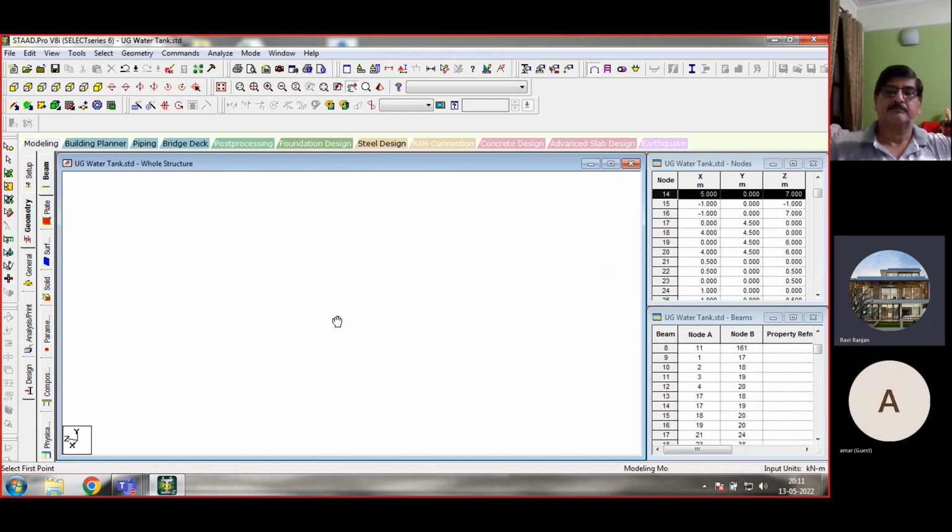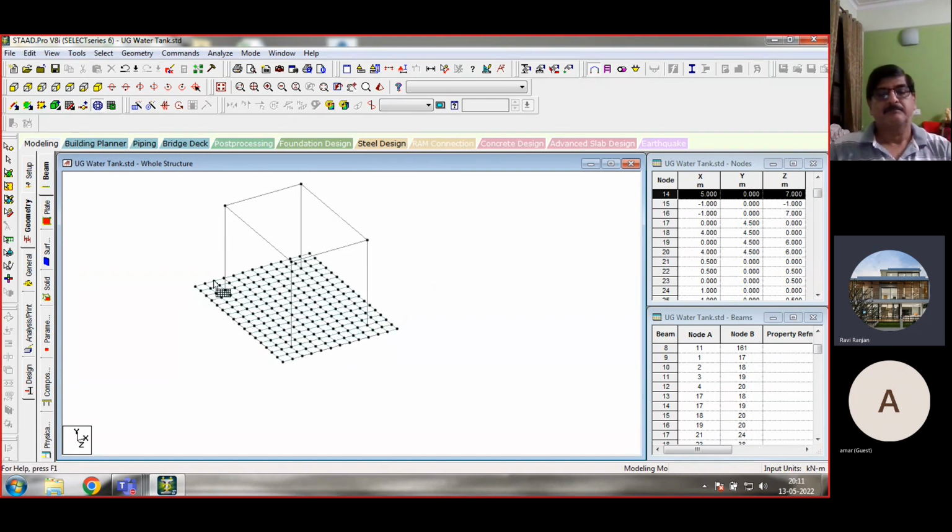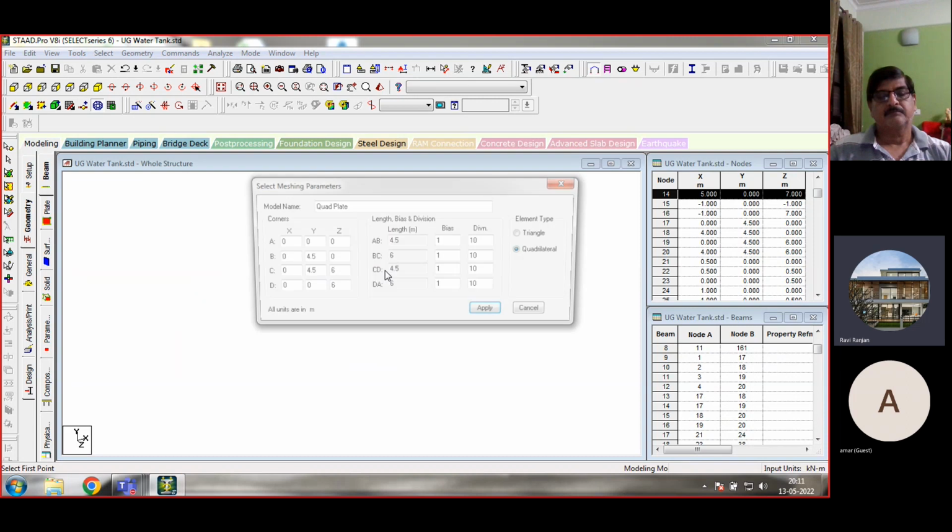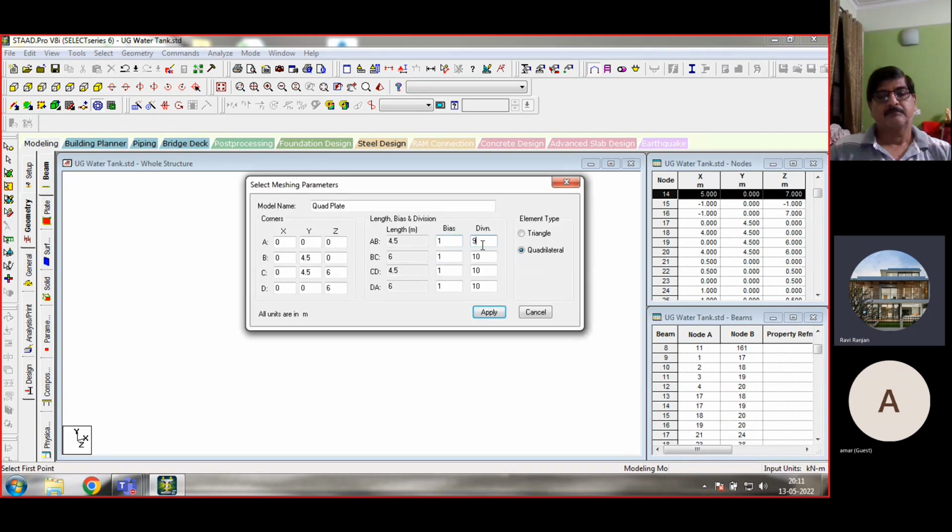Then next, the water tank wall. So first point, second, third, fourth, and fifth. Quadrilateral. 4.5, so 9 divisions, 6, 12. 4.5, so 9 double and